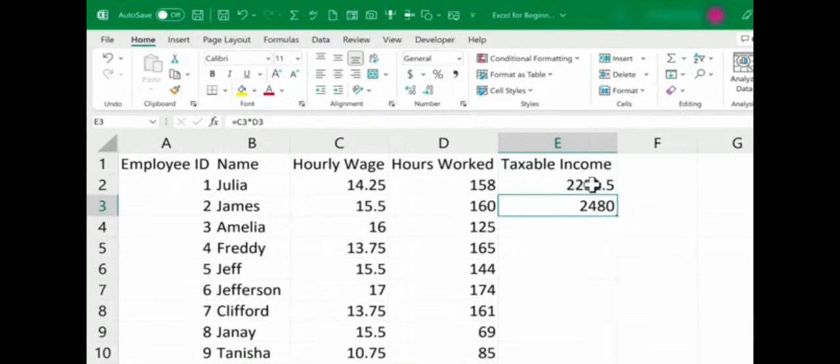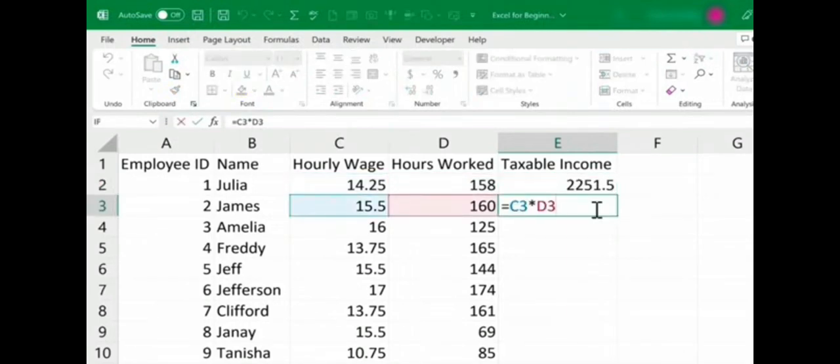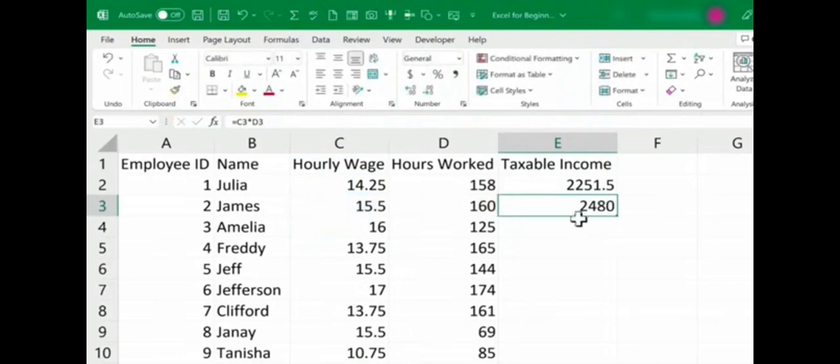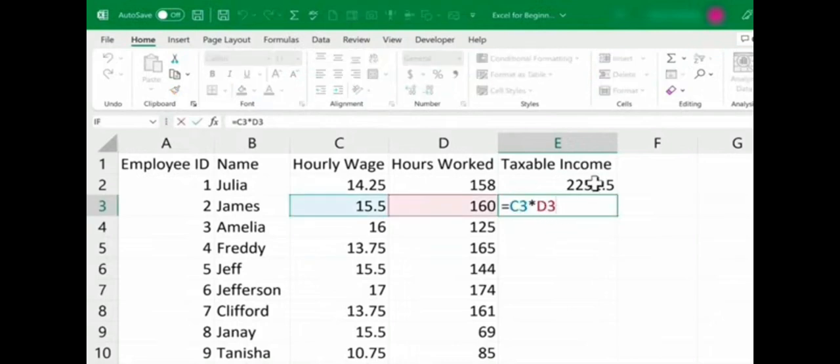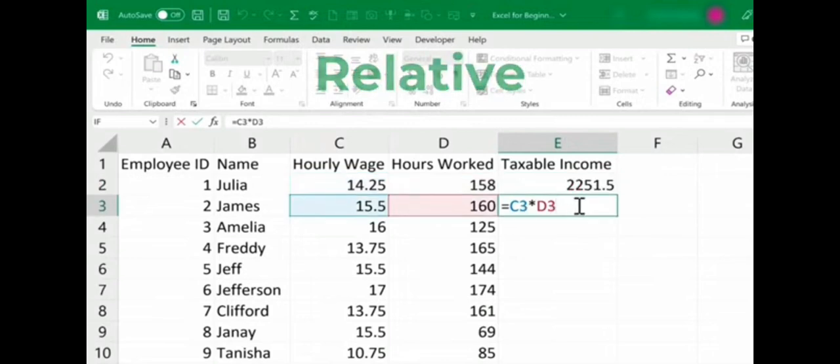If I double click on E2, you can see that the contents of that cell is just a formula. What about E3? Double click, the contents of that cell is a formula. So we see the results of the formula, but what actually is in the cell is a formula. And let's talk about the type of formula that we have. In both cases, these are relative cell references. What that means is, when I say C3 multiplied by D3, what Excel is interpreting that as being is just to multiply whatever is in two cells to the left, multiply that by whatever is in one cell to the